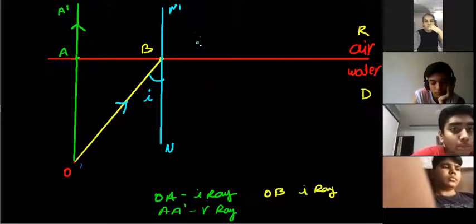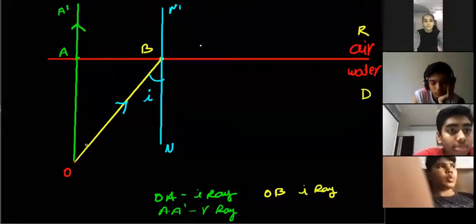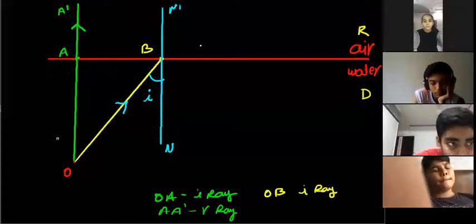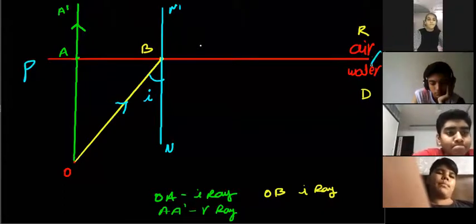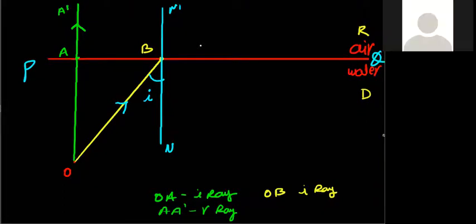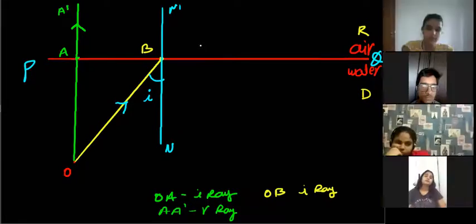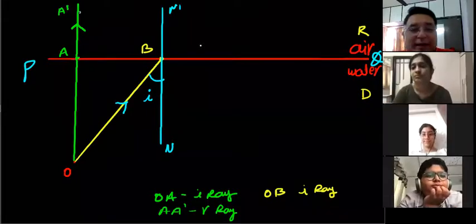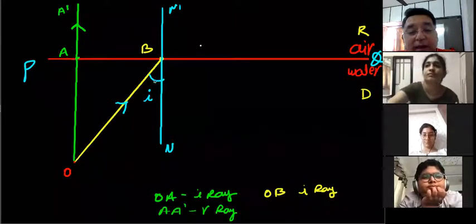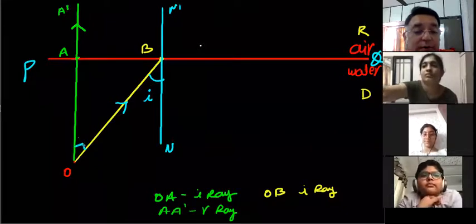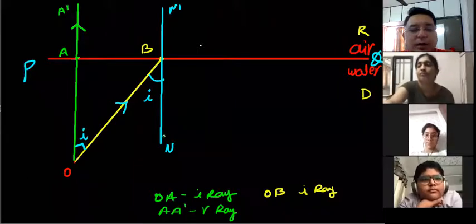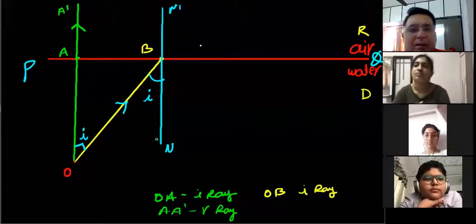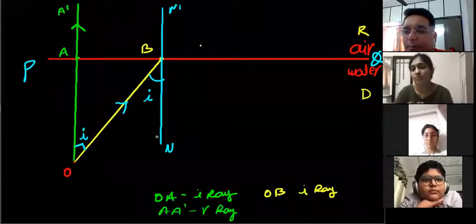Now, if you notice one thing, N dash and OA dash are parallel to each other. Both of them are perpendicular to the surface, let's say PQ. Everyone, does that make sense? Yes, sir. So A dash O and N dash N are parallel to each other. If this is the angle of incidence, then this will also become our angle of incidence, alternate angles. Right, transversal angle. Everyone clear up to here?